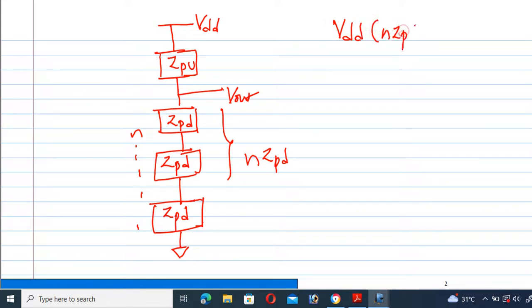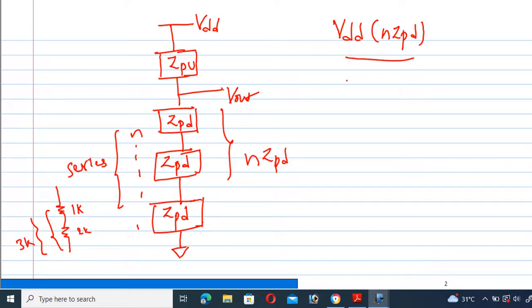So the total n impedances are in series. This is called a series fashion, right? Suppose you take resistances of 1k and 2k, the total resistance is equal to 3k. It is the same fashion, these are all in series. So the total resistance is equal to n into ZPD. Therefore, n into ZPD plus